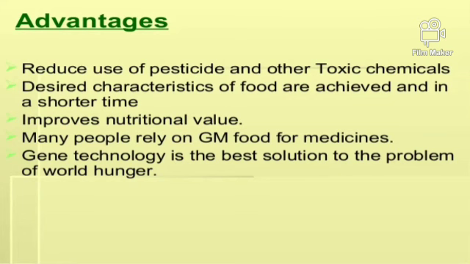So these are a few advantages of genetically modified plants. Reduce the pesticides or toxic chemicals. And then the desired character of the food is achieved in a shorter time. Improve the nutritional value, that is, improvement in the vitamins and proteins in those plants. And gene technology is the best solution to the problem in the